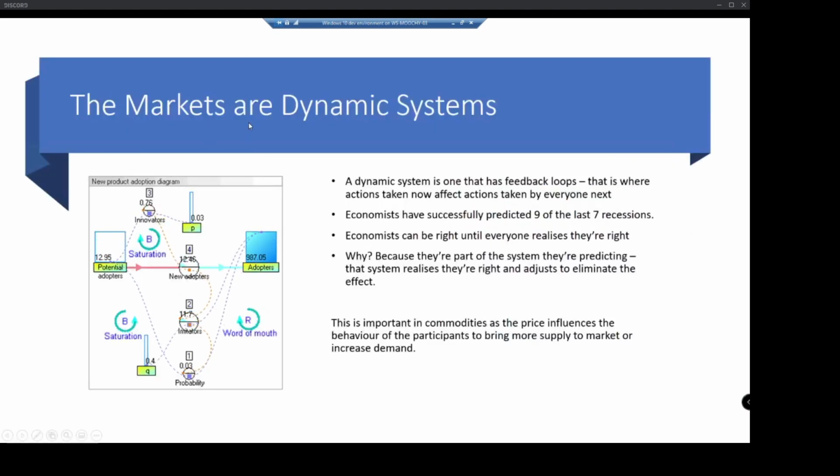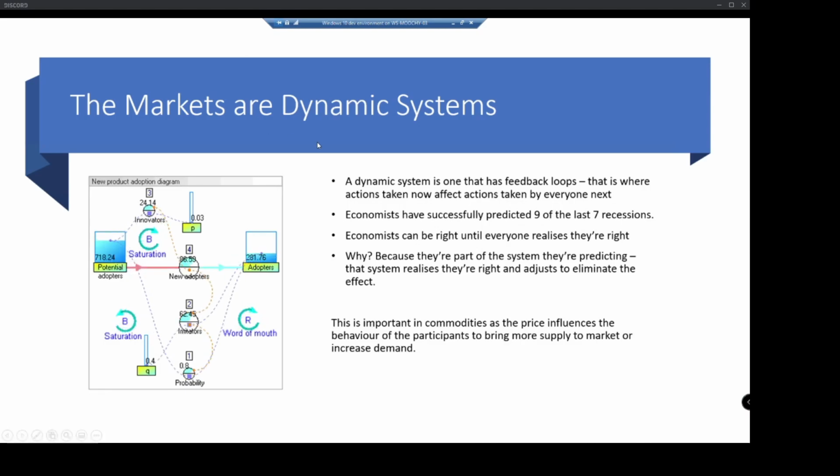And this is why. The markets are dynamic systems. What a dynamic system is, is one with feedback loops, and what that means is a feedback loop is your action today causes the actions that people take tomorrow to change. And that's a dynamic system. So if you go and buy gold today and push up the price, someone may not buy gold tomorrow because the price is above their buy price. And so it's this dynamic system where your actions influence the actions in the future. Chaos theory is an example where the butterfly flaps its wings and then Hitler is never born.